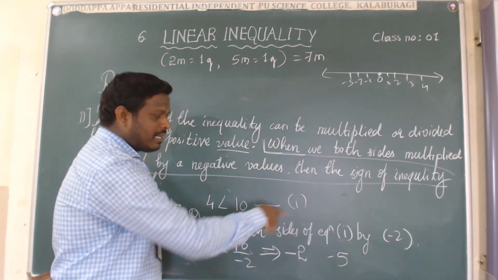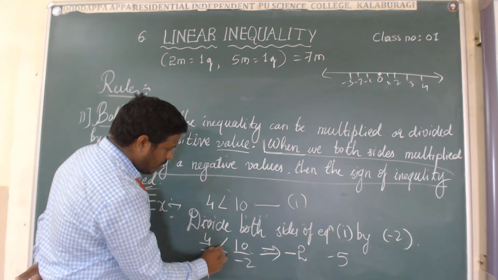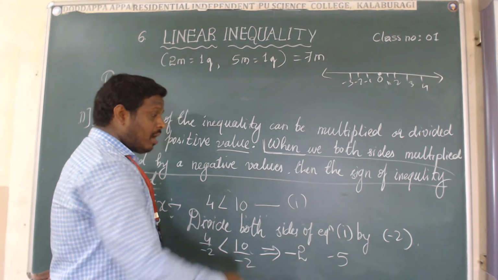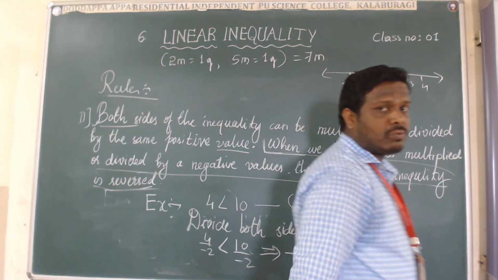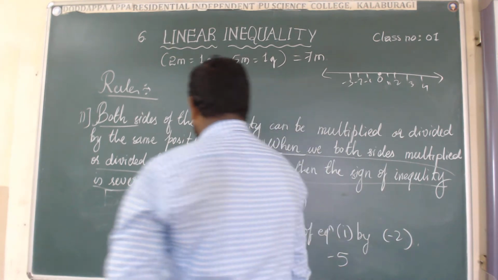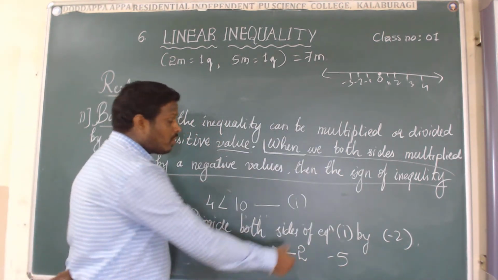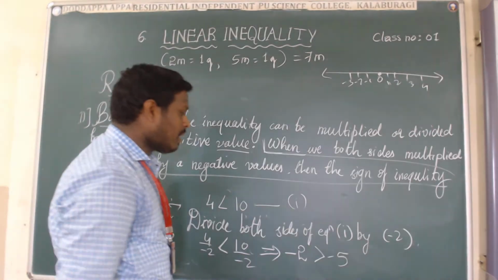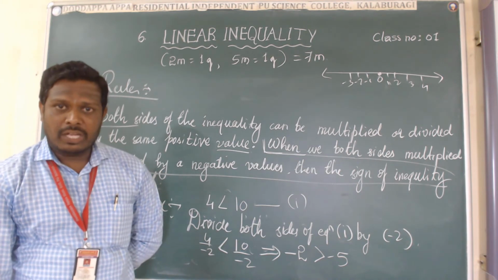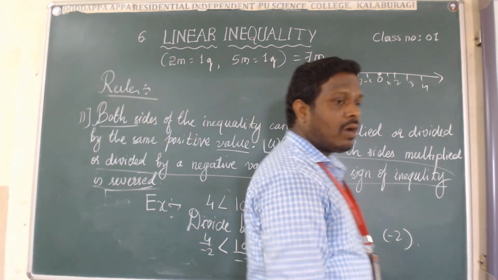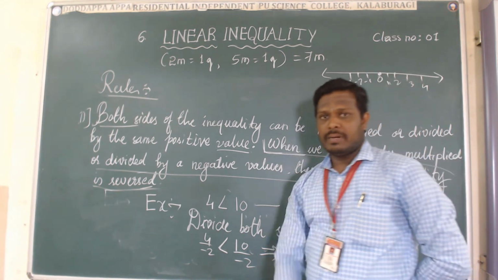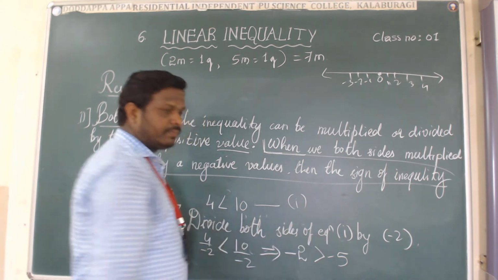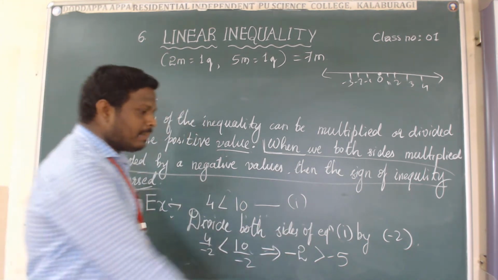So which one is larger here? Before dividing by minus 2, the sign is 10 is more than 4. After dividing both sides by negative values, the sign is reversed. Minus 2 is more than minus 5 because minus 2 is nearest to 0 on the number line. That's why minus 2 is more than minus 5. This is the basic knowledge; we have to be strong in the basics of mathematics. Then only can we understand why minus 2 is more than minus 5. Getting my point? This is very important.